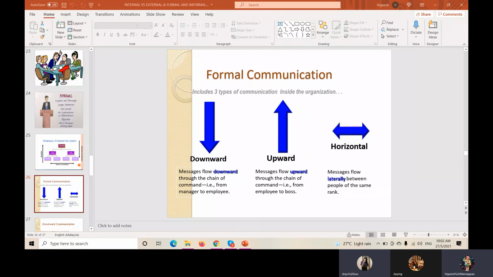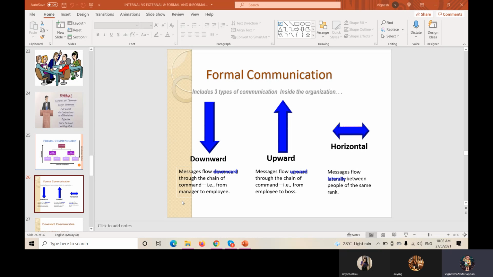So the previous one, the one I have explained, is already in the video, or maybe you can watch the video before you do the worksheet. So formal communication, we have three types. One is the downward, the second one is the upward, and then the horizontal. Okay, downward, yes, the messages pass through